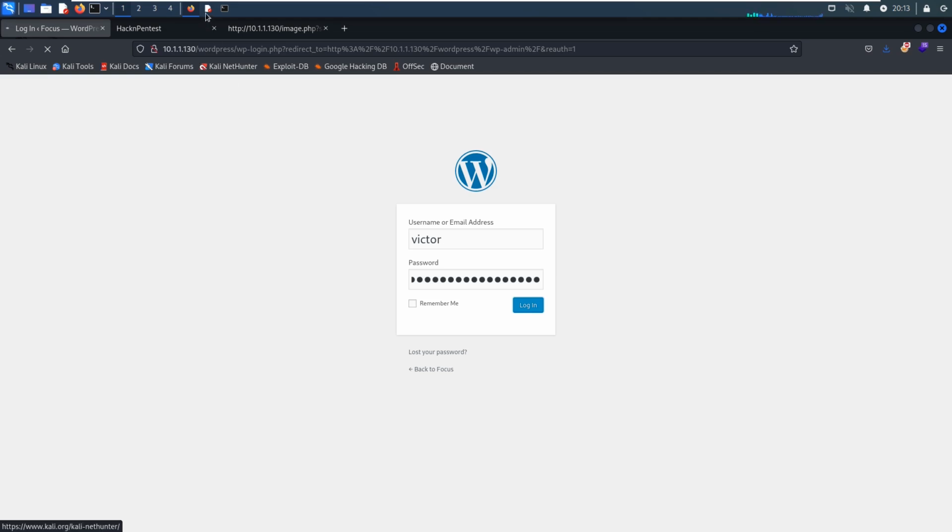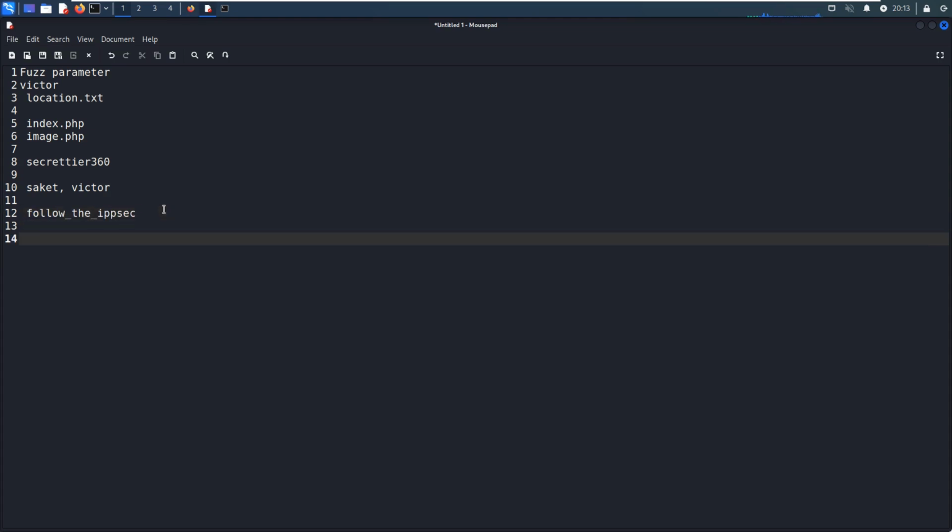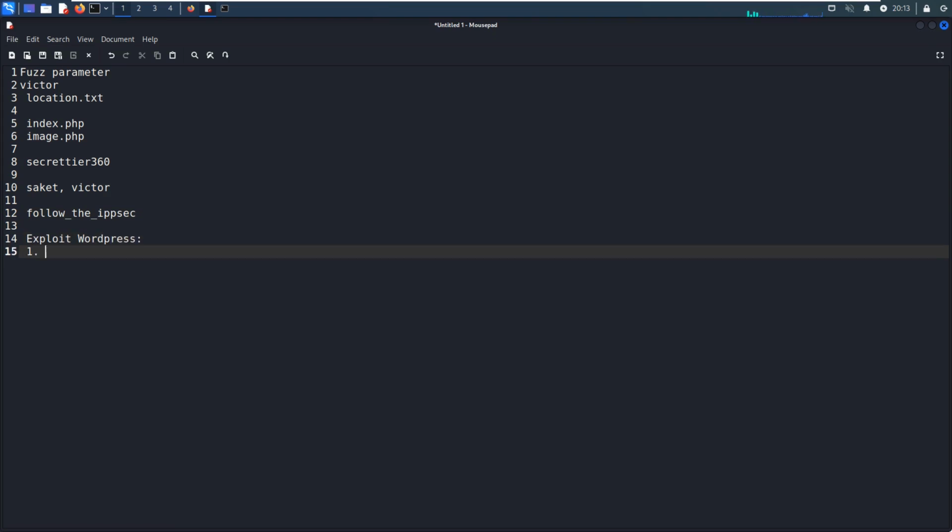So how to do? To exploit, I'd like to make a very quick recap. First one, we can go to the theme and try to modify or replace the 404 PHP file with our malicious PHP code. And if this cannot work, then we can use Metasploit.